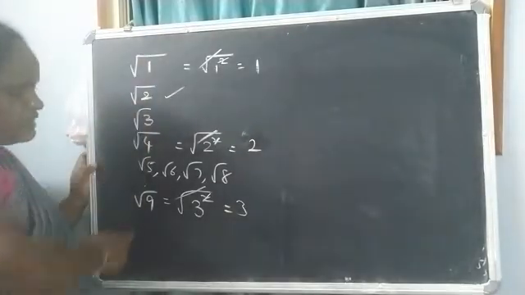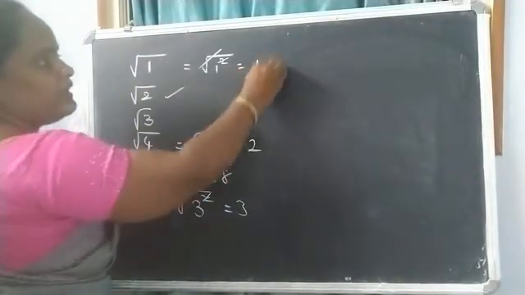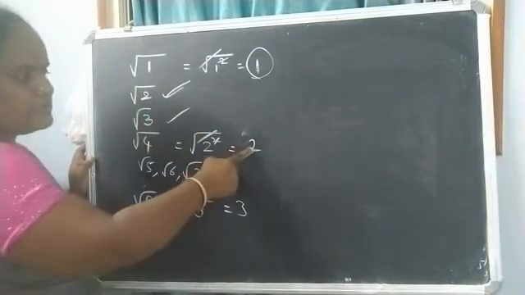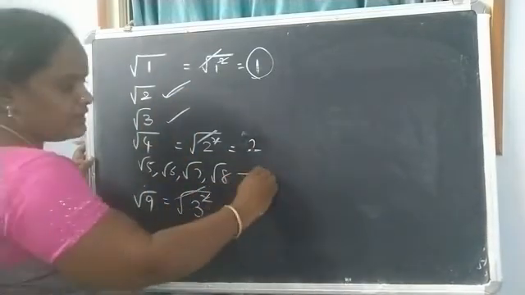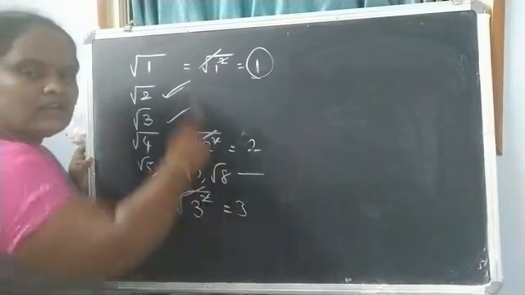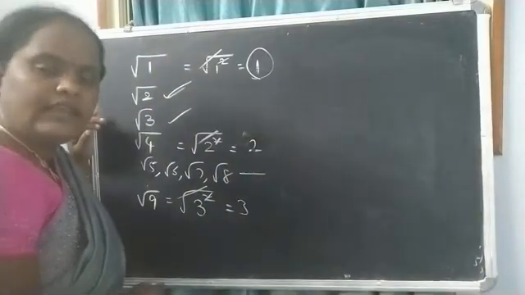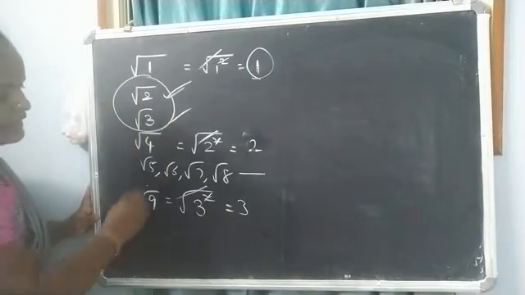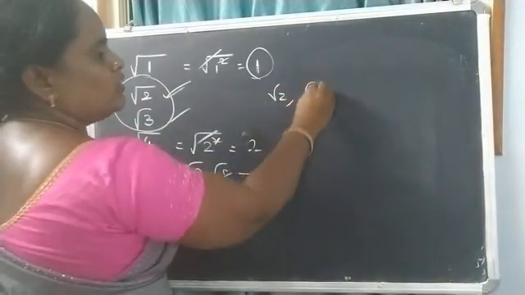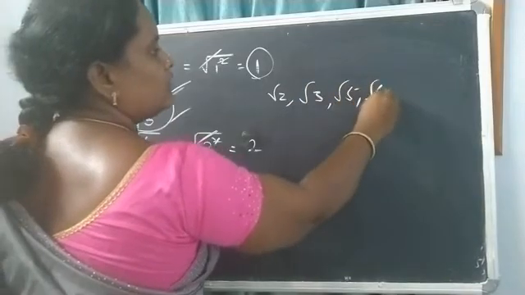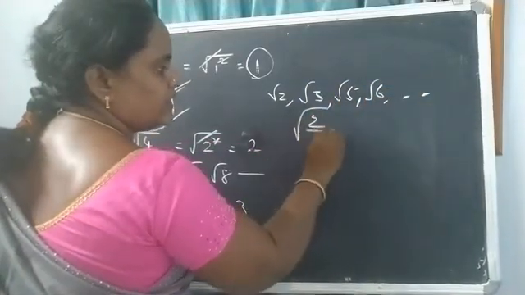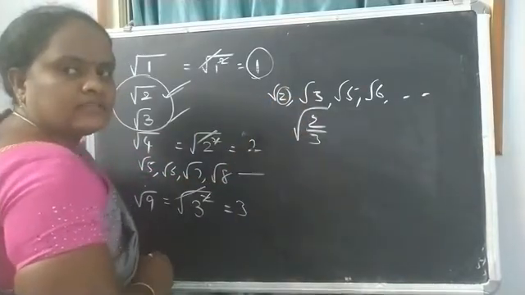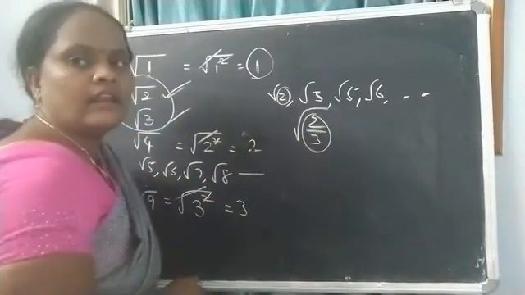If we observe the numbers, we get either rational or irrational numbers. This is rational. All these are irrational. This is once again rational. So totally we are getting real numbers. If we observe the irrational numbers such as root 2, root 3, root 5, root 6 and so on, under the root the number is always a positive rational number.